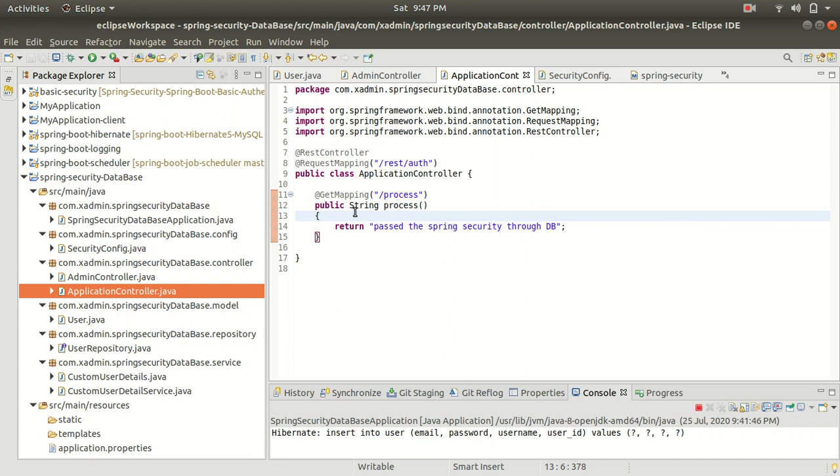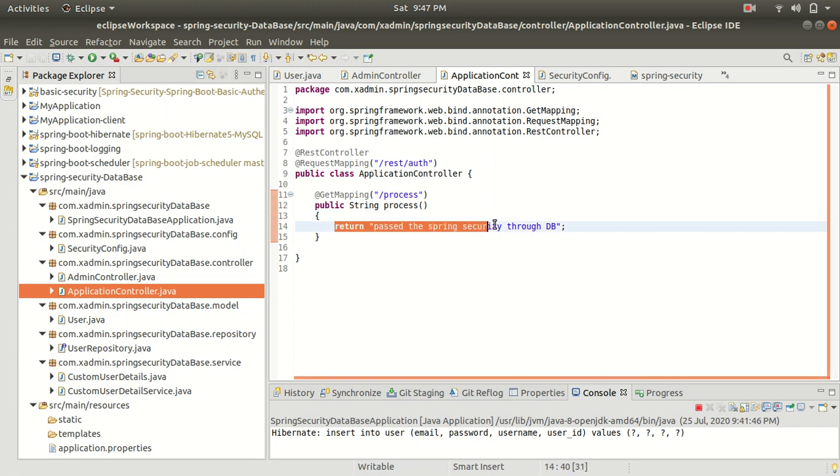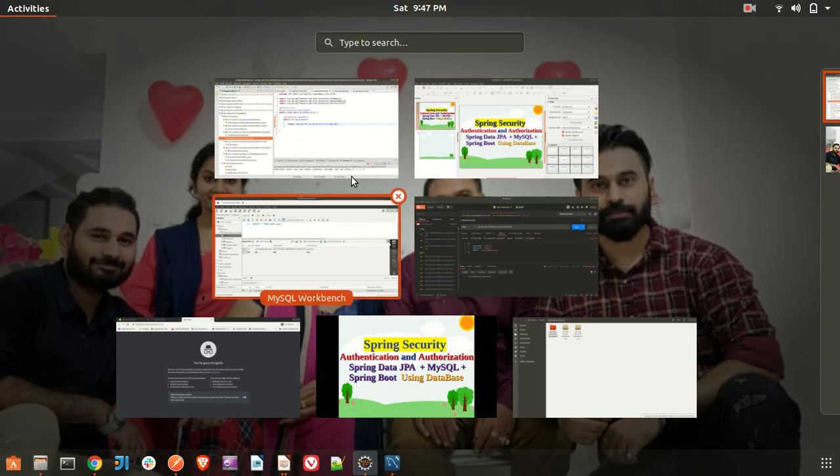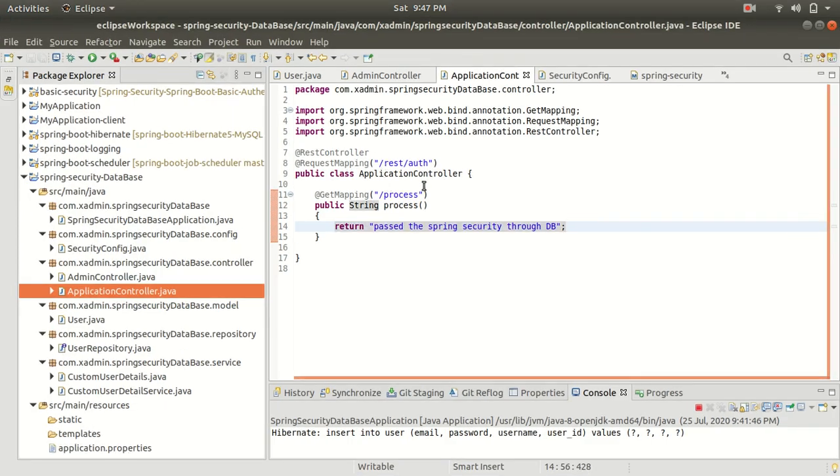If the username and the password we have entered match the username and the password contained in the database, then it is going to pass the Spring Security, and it is going to fetch this dummy string.